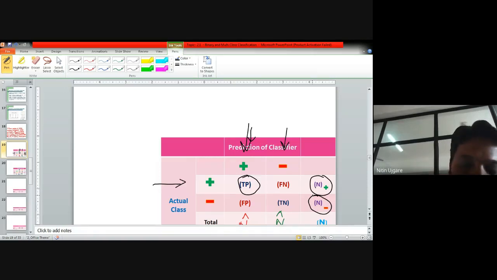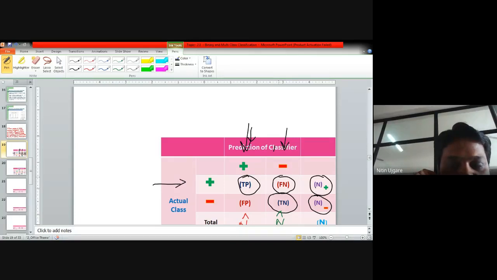Now what is this second column? We will first talk about the diagonal elements. The next diagonal element of this confusion matrix is TN. TN is called the true negative, the total number of negative class instances correctly predicted by our classifier. Then all the values off the diagonal are basically the misclassifications. We interpret these misclassifications as follows. The first part is the FN. FN stands for false negative.